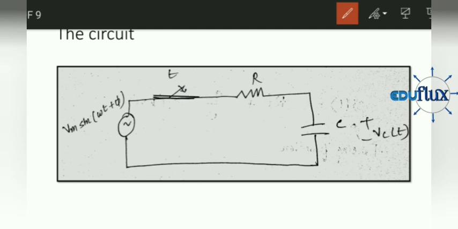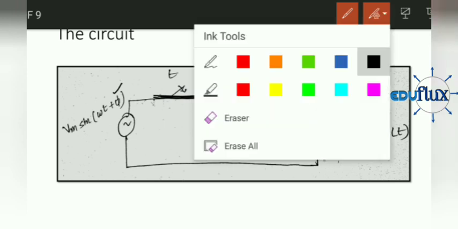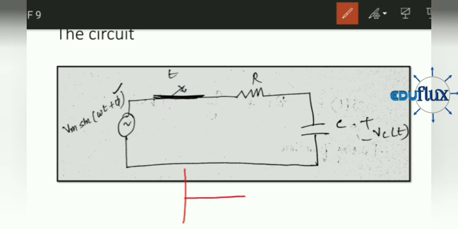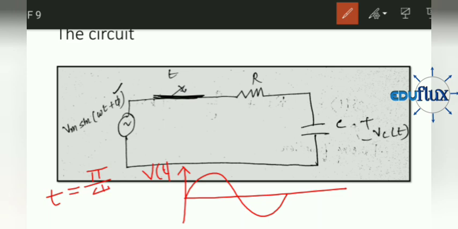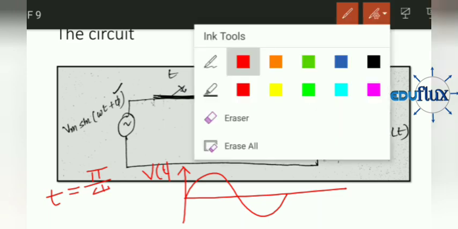I want to say something about this time t. Let's assume that this is a conductor, then this phi, this sine omega t plus phi, will come into significance. Then we understand its significance. Suppose we have a sine wave, say Vt, this is the source. We want to switch it at a time, say t is equal to pi by omega.